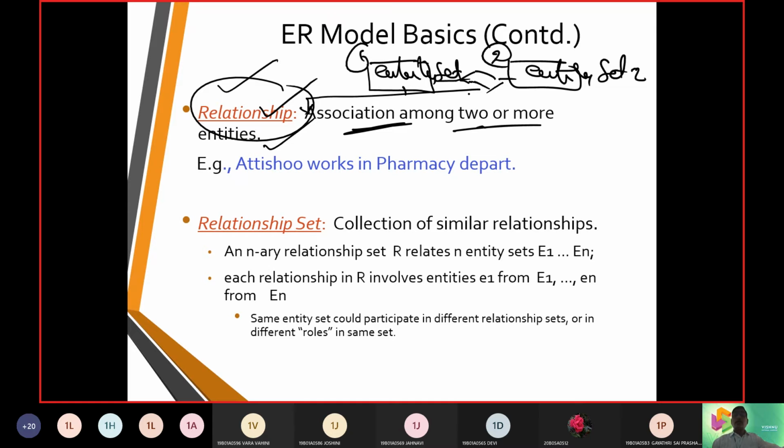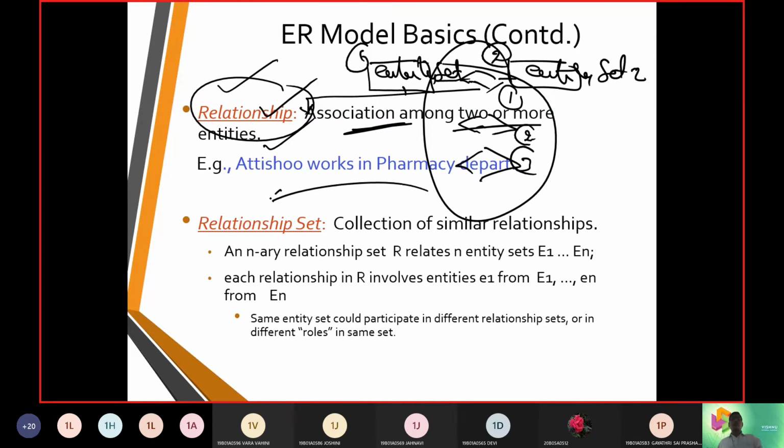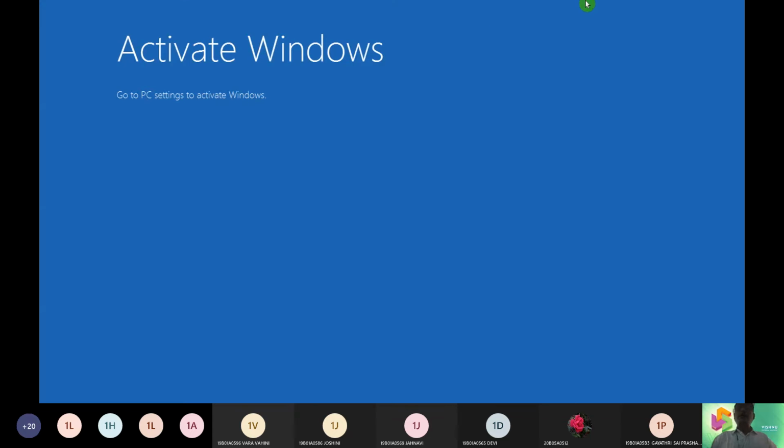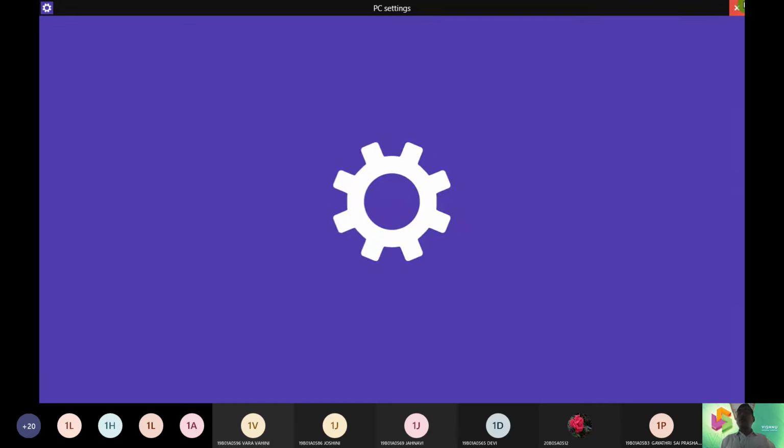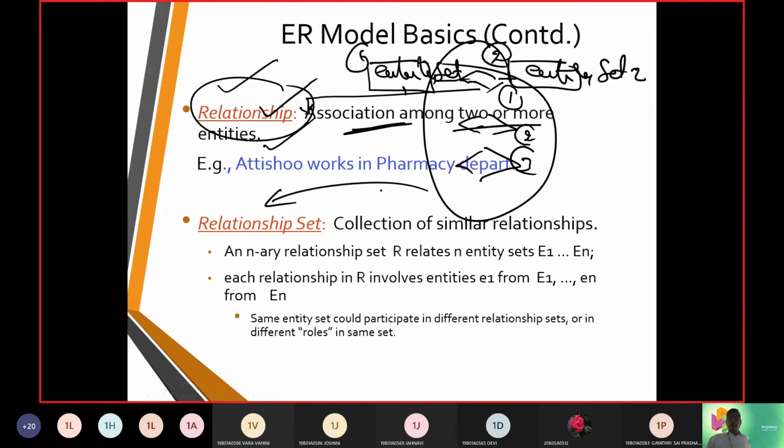Now, a collection of such relationships, I can say this is relationship 1, 2, 3. If I say a collection of such relationships, we call this a relationship set. So we talked about the first thing as entities. Next, entity sets. Third, relationships.